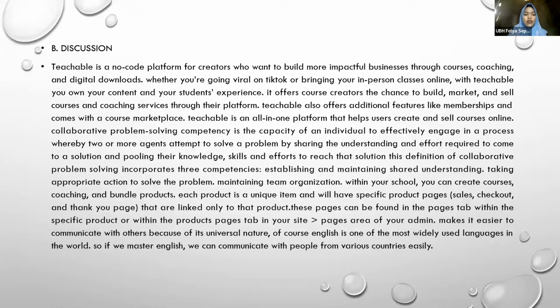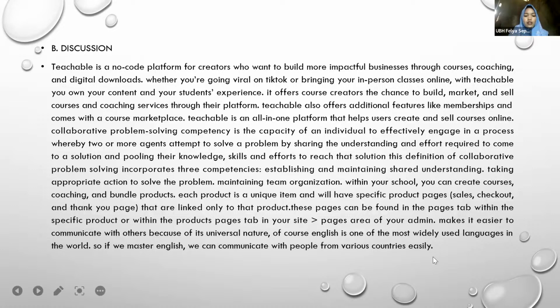Next, Teachable is a no-code platform for creators who can build more impactful businesses through courses, teaching, and digital downloads. Whether you're going viral on TikTok or bringing your in-person classes online, with Teachable, you own your content and your student experience.